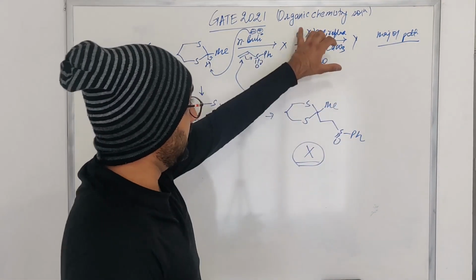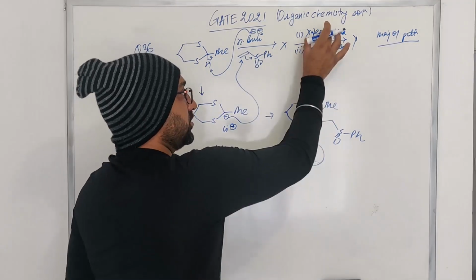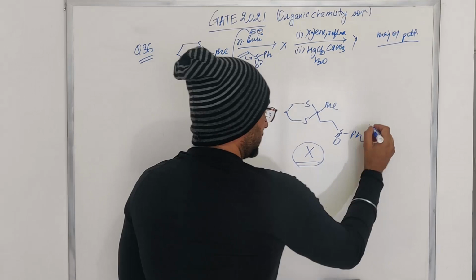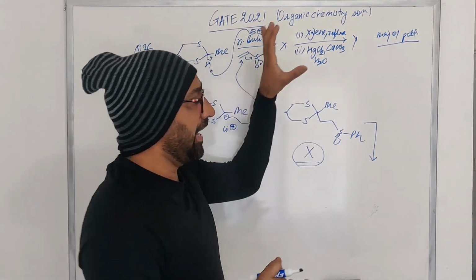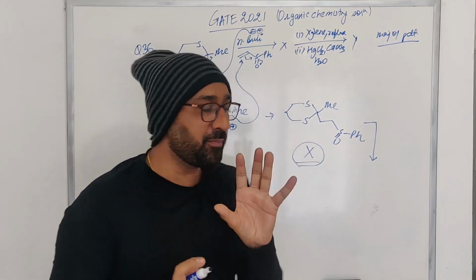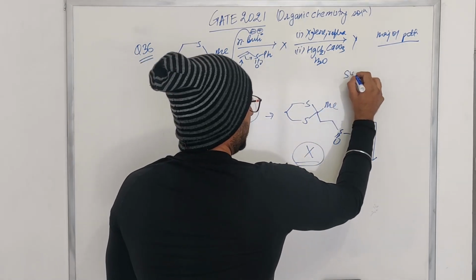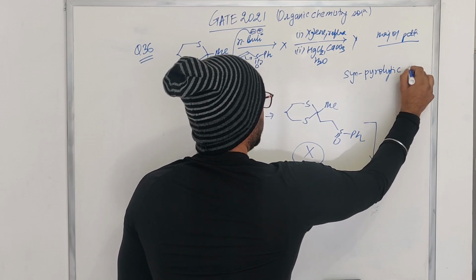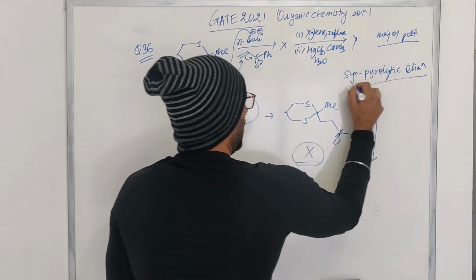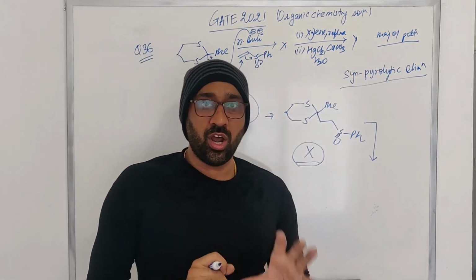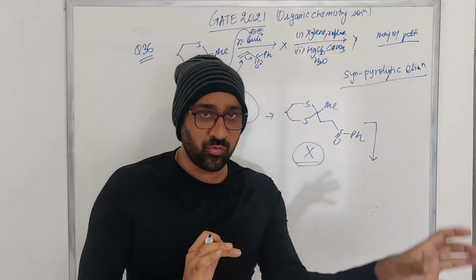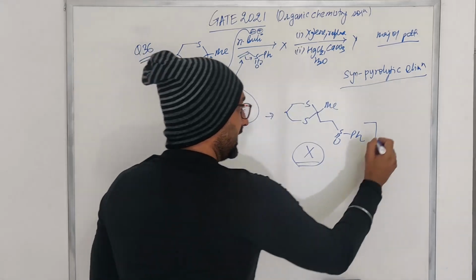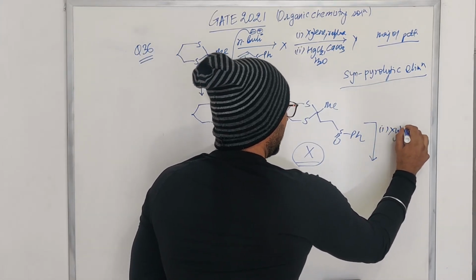Now, the first step is very interesting. Now they are saying that you are taking this particular compound in xylene and then you are heating it. So I think I have made a video on the syn-pyrolytic elimination. Okay? So this comes directly from the syn-pyrolytic elimination. In that video, I have clearly shown how the esters, xanthates, sulfones, how they undergo elimination when you heat in presence of the xylene or other solvents.